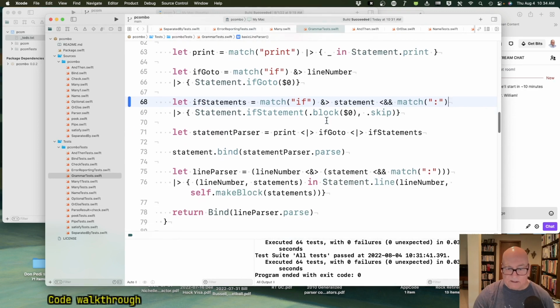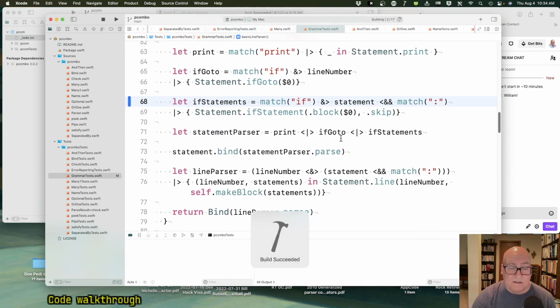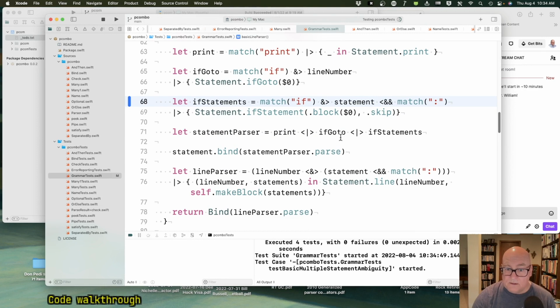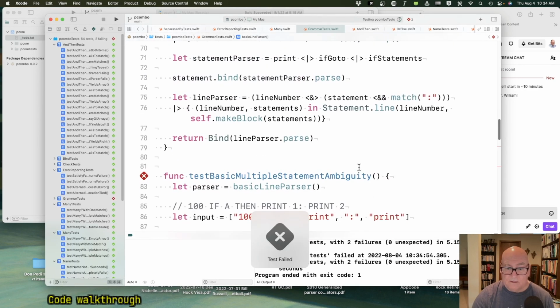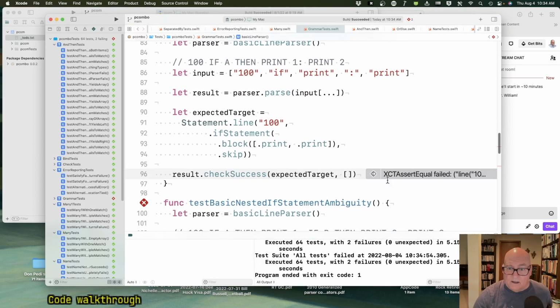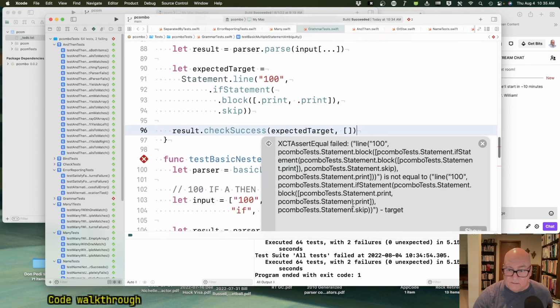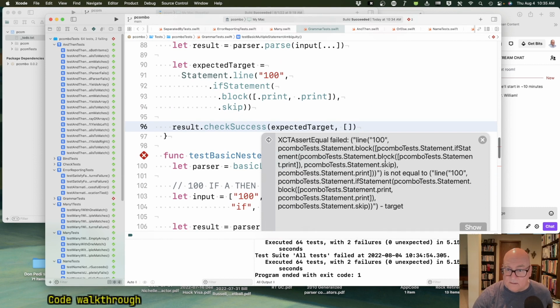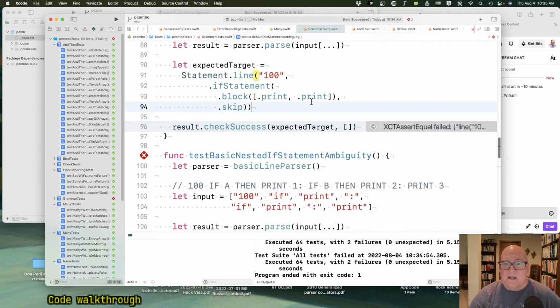And I believe this is going to fail. Our tests will fail from this, maybe even not build. So what do I know? Oh, there we go. Yeah. Okay. What was the failure? Well, let's see. If statement with a block of a print and a skip is misparsed. This one has two. We expected both to be parsed in the same, but it got repeated at a different level. So, yeah. So, okay. So to make this pass,